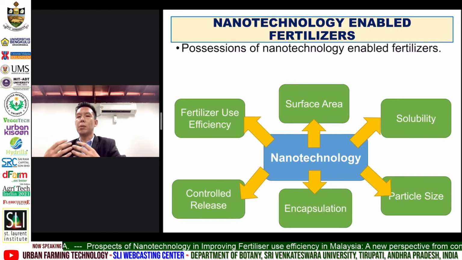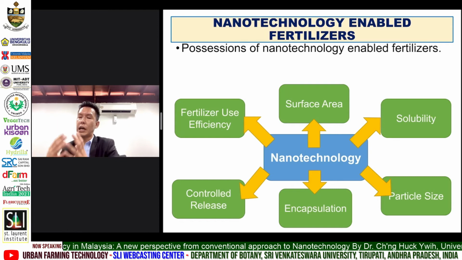Next, in terms of particle size, nano-fertilizers have a particle size of much less than 100 nanometers. Due to the decreased particle size, nano-fertilizers diffuse into the plants and increase the uptake of nutrients. And thus, it can help to improve the fertilizer use efficiency. Now, in the aspect of encapsulation, the encapsulated nano-fertilizer increases the availability and nutrient uptake by the plants. Zeolite-based encapsulated nano-fertilizers enhance the ability of zinc and nitrogen to prevent denitrification, volatilization, and leaching of nutrients in the soil.